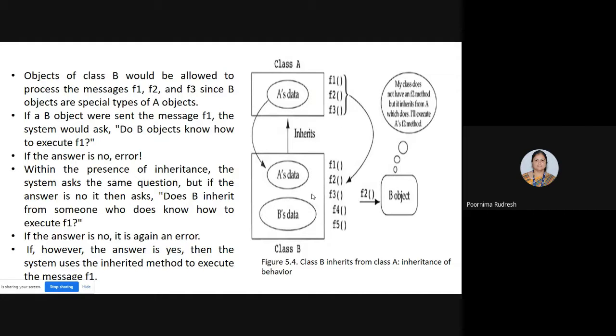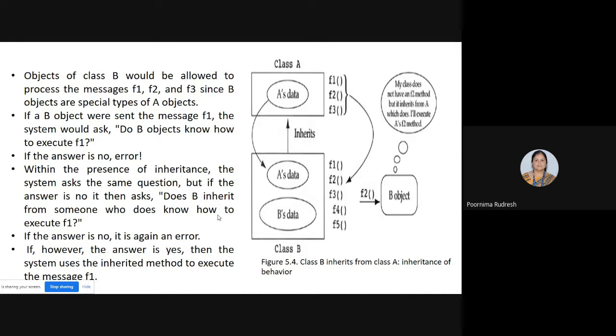Suppose here B is executing function F1, right? Then if B knows how to execute it, then we'll say that there is an inheritance from class A to class B. If B doesn't know how to execute F1, then the system may ask, does B inherit from some other class where that class knows how to execute F1?